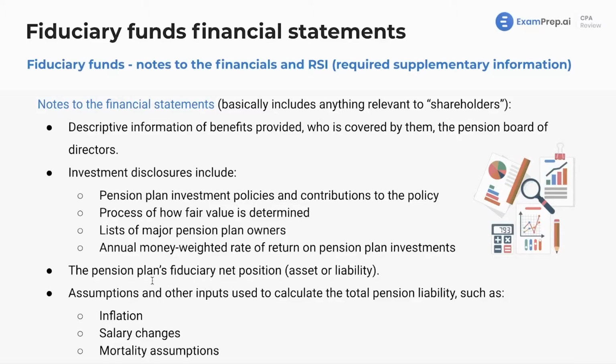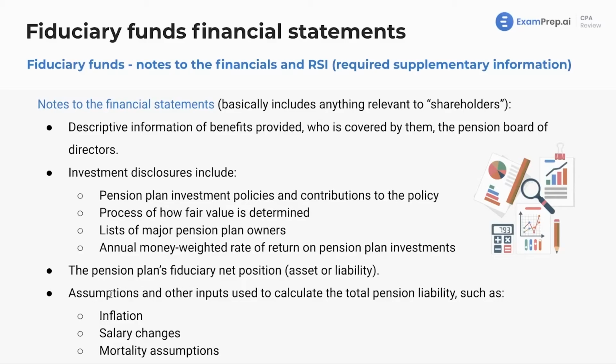It's looking like Social Security. Too much has been paid out, and it's operating at a deficit. But if maybe business is booming, the markets are hot, it's a net position asset because there's more money in it than is owed to the recipients. Lastly, what else are you going to include in those notes?